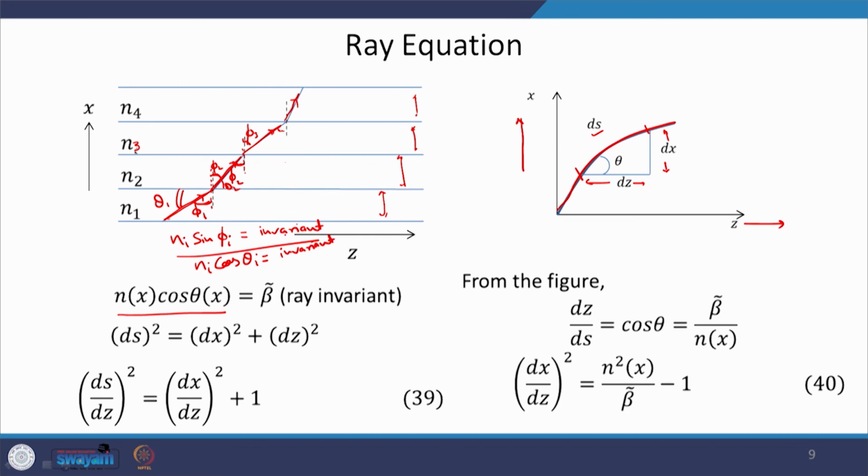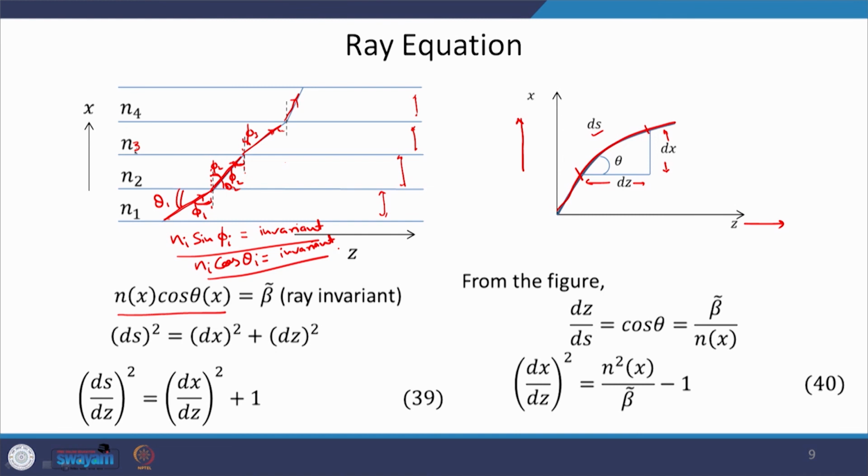If the refractive index variation is only in one direction, as I said before, and the thickness of the different layers is very small, then instead of writing this invariant quantity in discrete form, we can write it as a continuous variable. Therefore, we may write it as n(x) cos theta, where theta is a function of x. There is a very slow variation in the refractive index along the x direction. Then we define a quantity beta tilde, which says that this n(x) cos theta(x) is the ray invariant, the invariant of the ray path. Once this is defined, then we can calculate